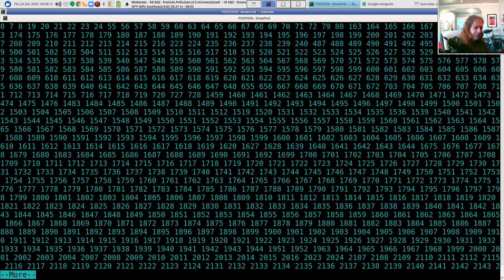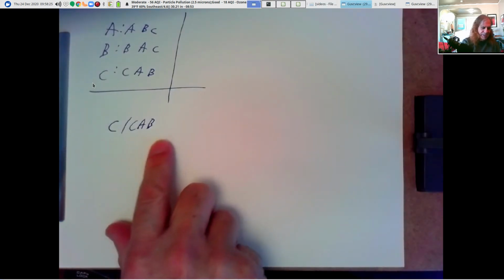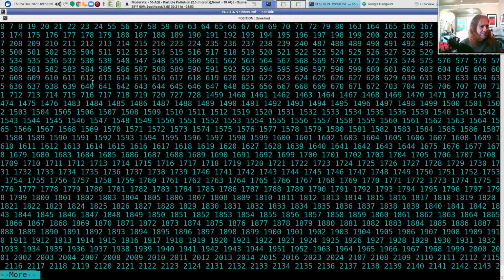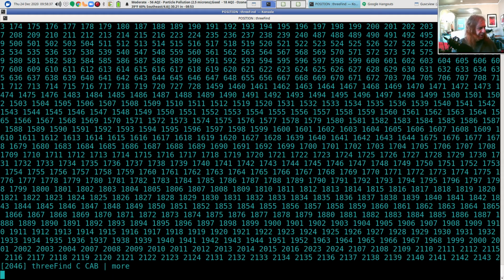That's fun to do. So I wrote some code that would let us search for sequences, and I want to show you 3 particular sequences. So the first was searching for a CAB in the C string. All right. And this takes a little while because I didn't get very elegant with writing this out.